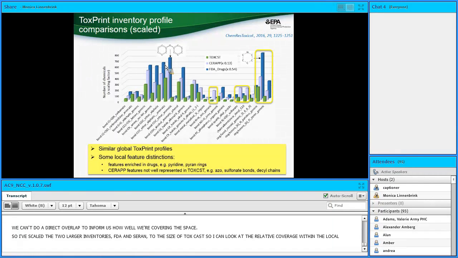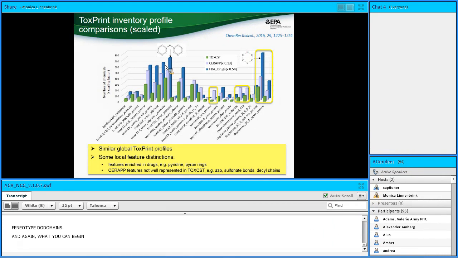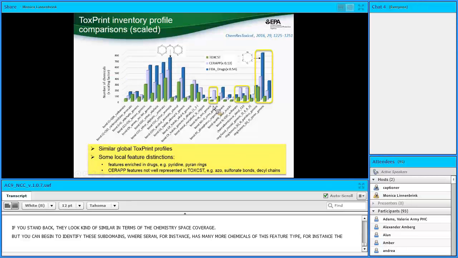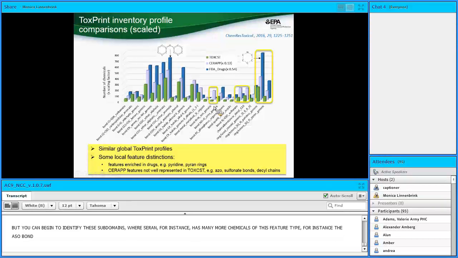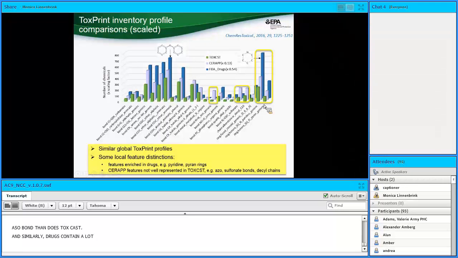And again, what you can begin to see are areas where I have good coverage. It looks overall, if you stand back from this figure, they look kind of similar in terms of the chemistry space covered. But you can begin to identify these subdomains where SARAP, for instance, has many more chemicals of this feature type, for instance, the azo bond, than does ToxCast. And similarly, drugs contain a lot more of some of the pyridine and other types of features. So there's a lot that you can begin to glean, and you can begin to also drill down into some